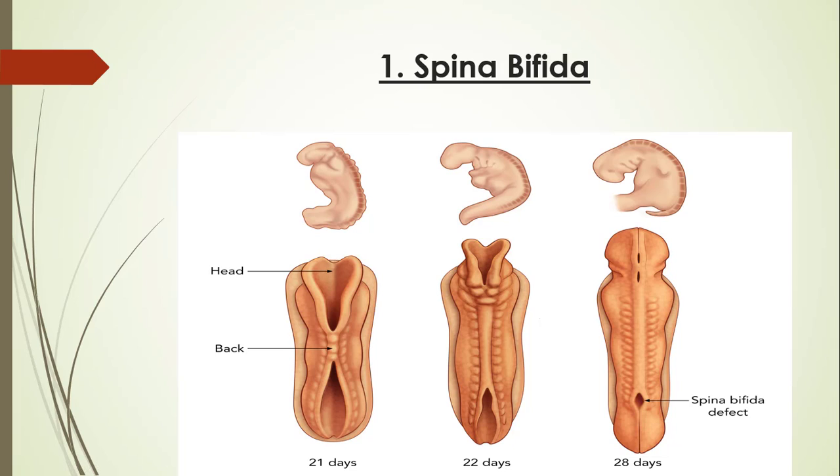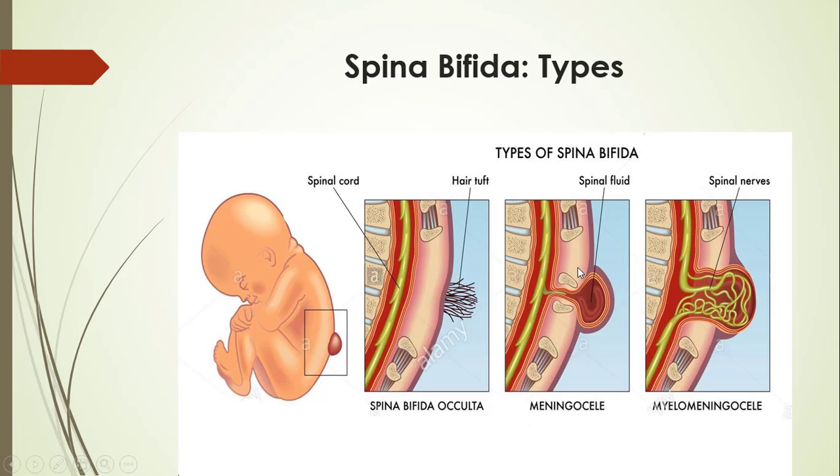First, Spina Bifida. Spina Bifida is a developmental disorder in which the posterior arches fail to fuse, resulting in an open vertebral canal. Here are the types of Spina Bifida. First, we have Spina Bifida occulta, and we have meningocele or meningomyelocele. In Spina Bifida occulta, there is an opening of the vertebral canal, but without outpouching of the meninges. But in the case of meningocele, there is opening in the vertebral canal with outpouching of the meninges, and also